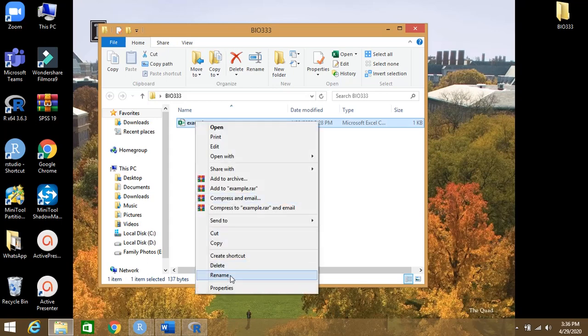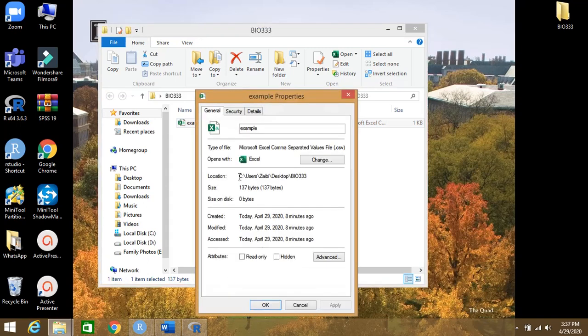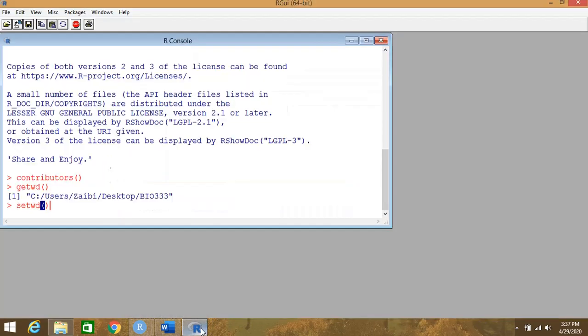I can right click on it and go to properties, and here is the complete path where my file is present. Why is it important? Because we want to work in the right directory in order to input our files and output tables and figures and whatever our analysis is. Otherwise it will go to the default directory where R starts.